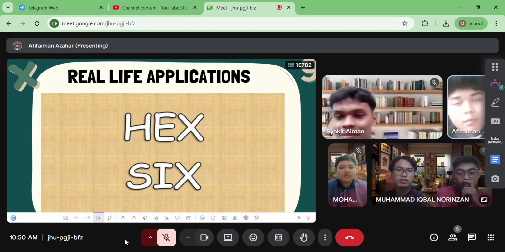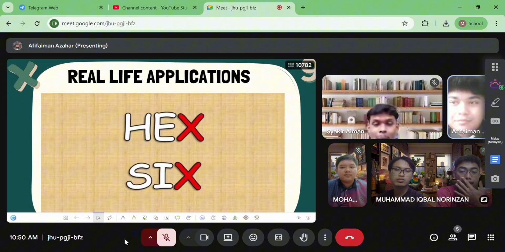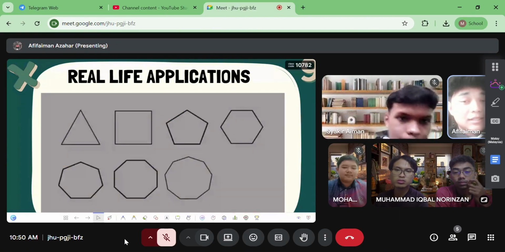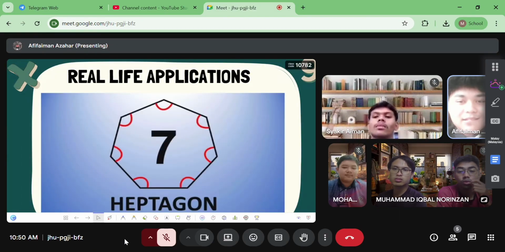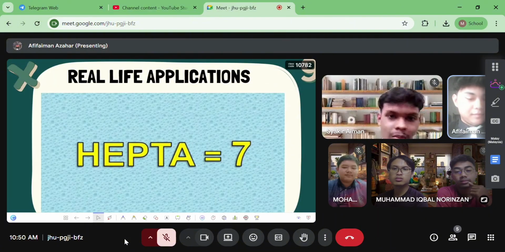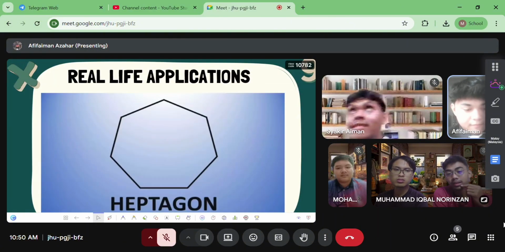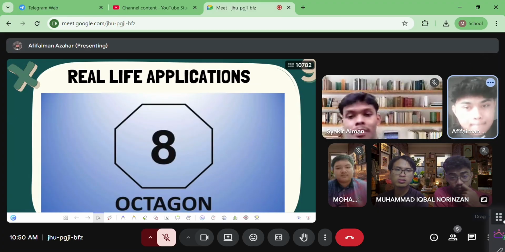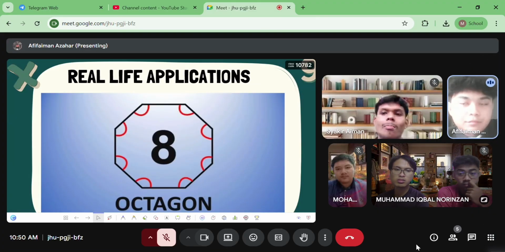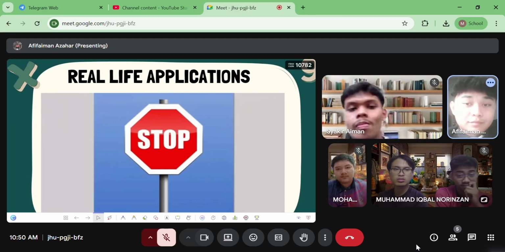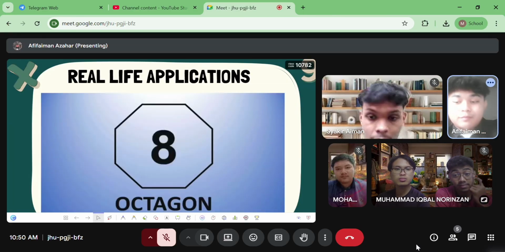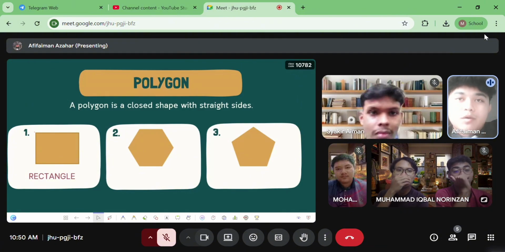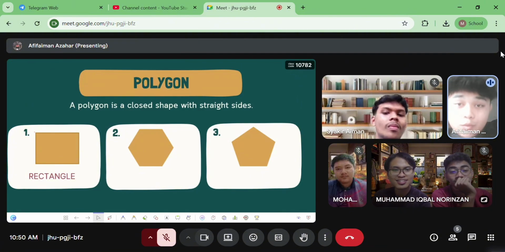X and six have an X. A hexagon has six sides. A heptagon has seven sides. And seven angles made from straight lines. The word hepta means seven. A heptagon has seven sides. An octagon has eight sides. And eight angles made from straight lines. A good example is a stop sign. An octagon has eight. Alright, so basically that video is actually tells you about how we're gonna know the names